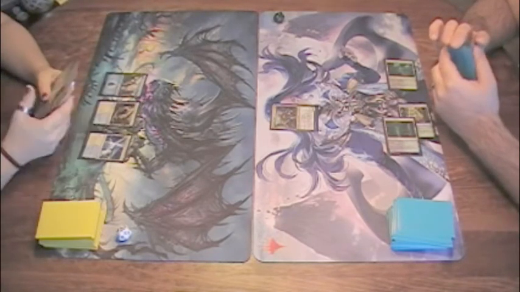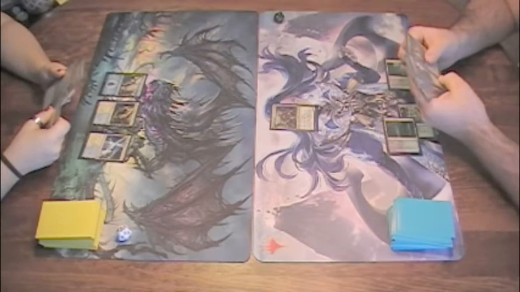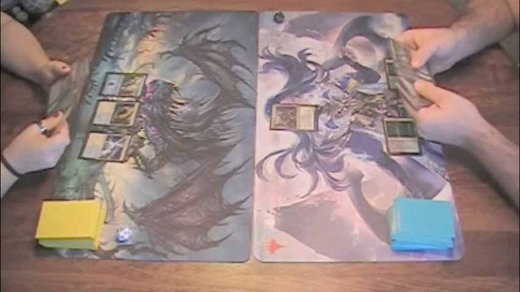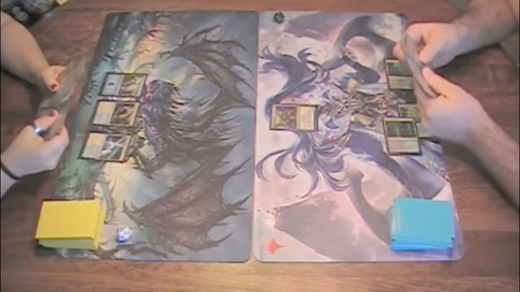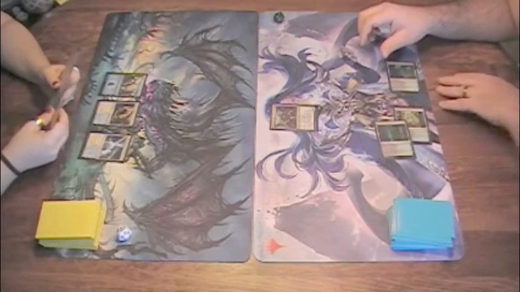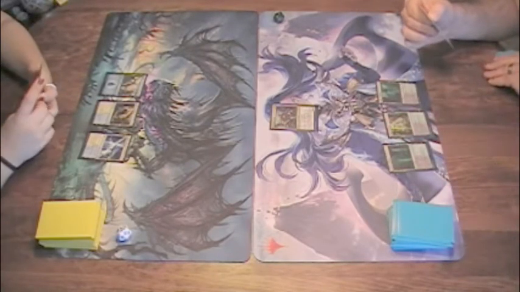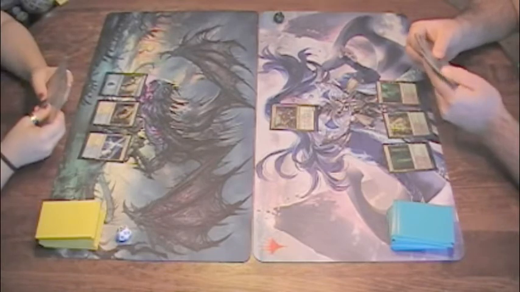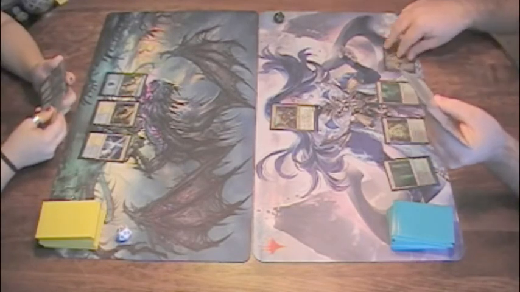I'm going to play an island, and then, what is that? A 3/1? Yeah. I've got a hold. Oh, this is going to be interesting. Okay. I'm going to play a swamp, and I'm going to do 1 black and